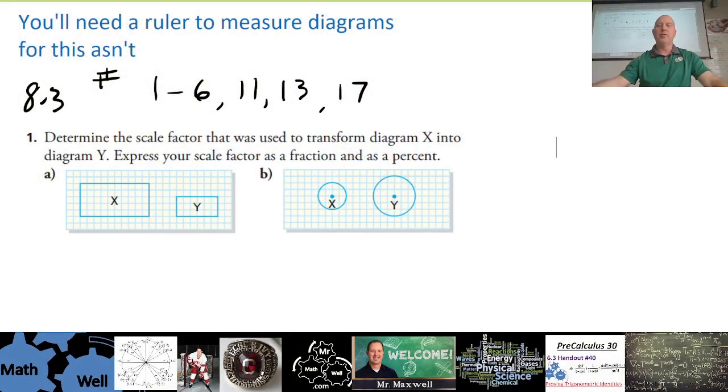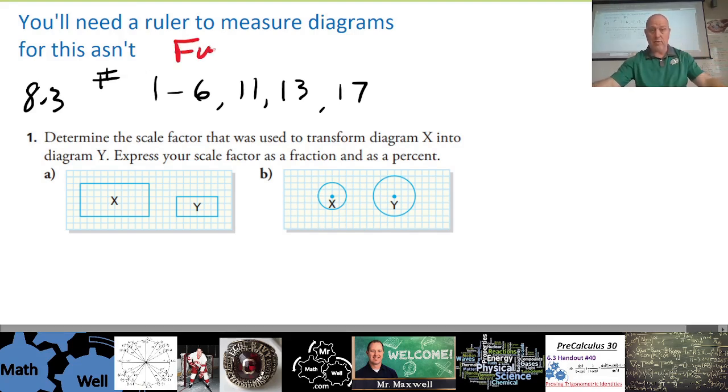Here are a few of your homework questions that I will help you with. Let me start. Are you ready? This is Foundations Math 20, section 8.3 on scale diagrams. So I'm going to do question 1, 2, and maybe 4, I think, with you here, just to get you